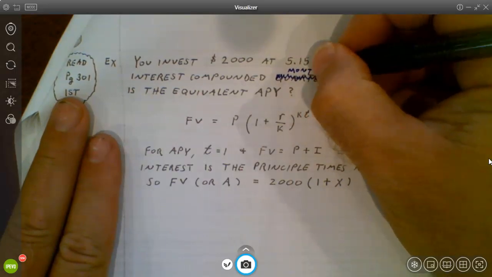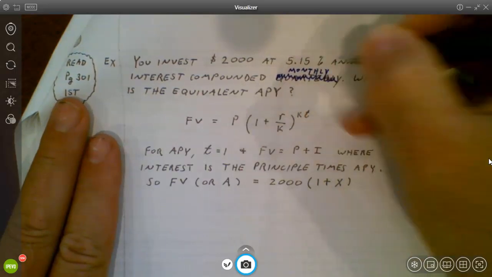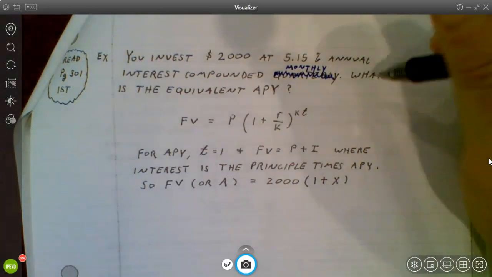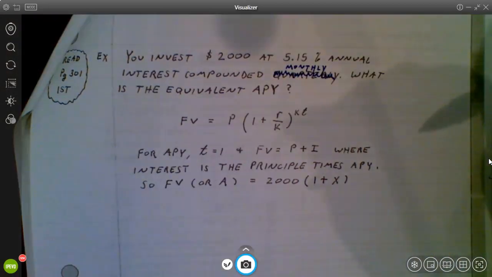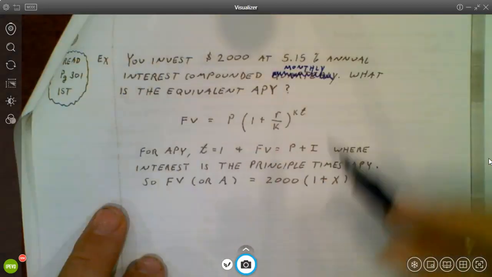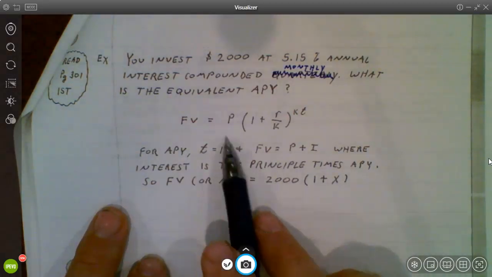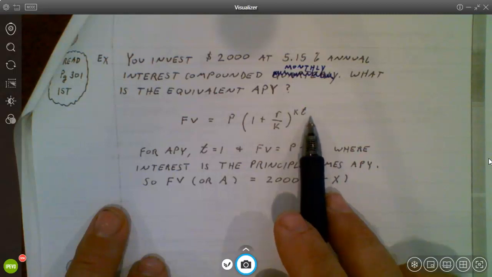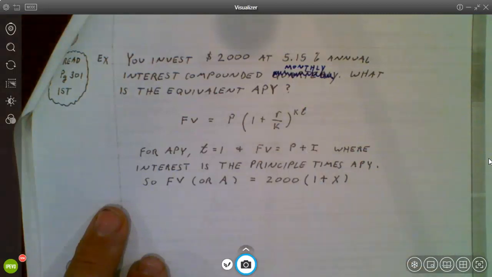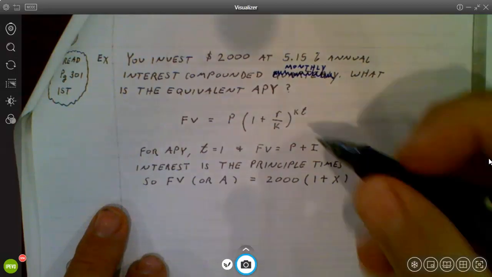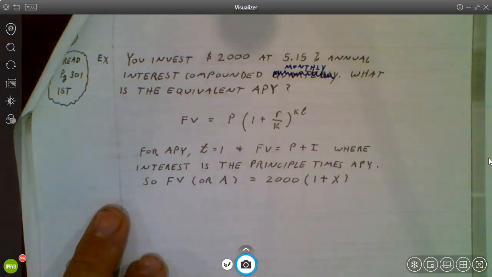Let's see what that does for us. So it should change the answer a little bit. So what would be the equivalent annual percent yield on this one? So future value, remember this is what we're putting in for that future value. Understand that T goes away in this setup because I am converting this to an annual percentage yield. It's once per year. So that's like T is 1 because 1 year is going to go by for us